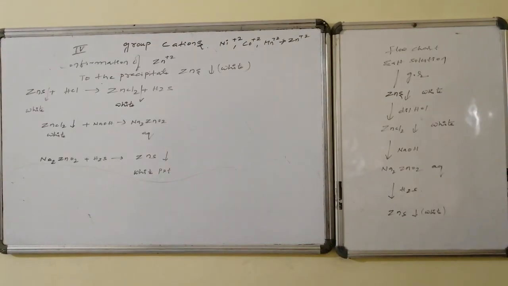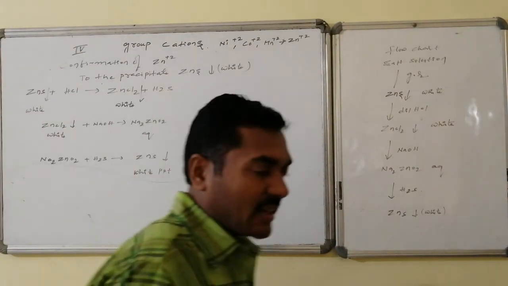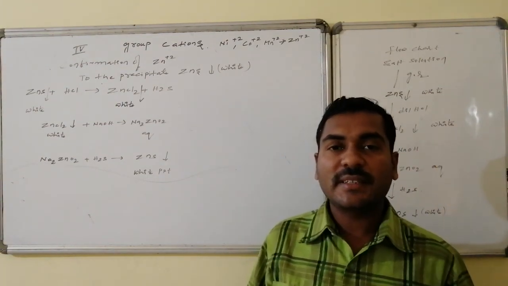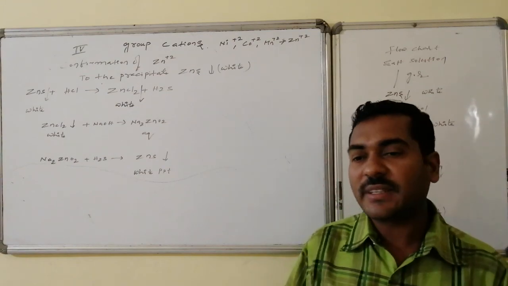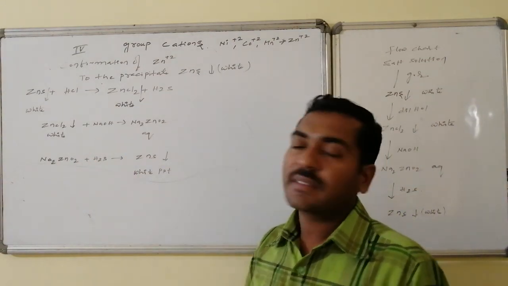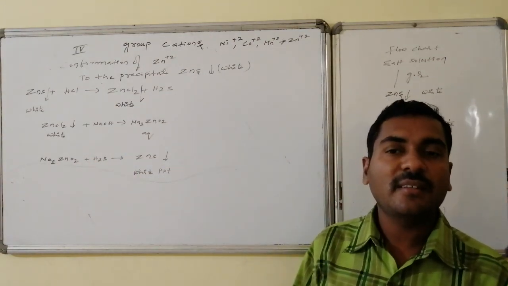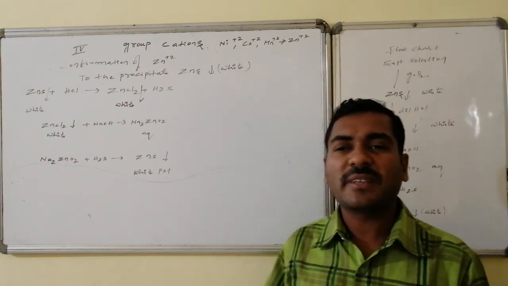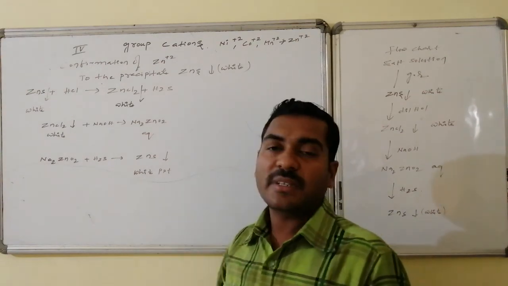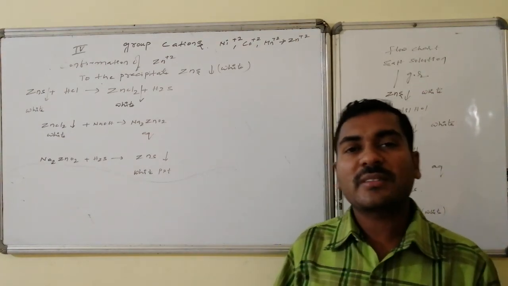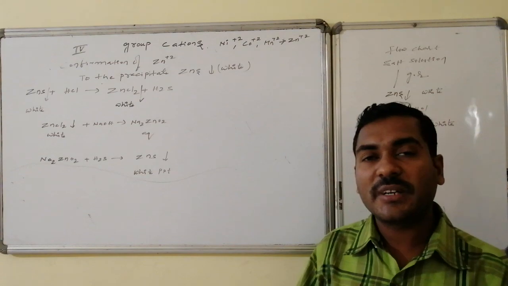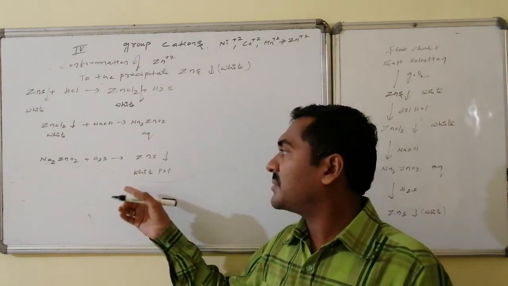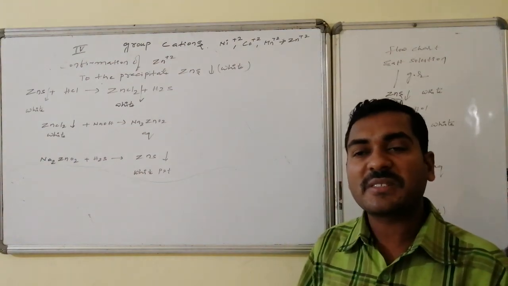Yes, zinc. The confirmation of zinc and the corresponding flowchart. On reaction with the group reagent, it is converted to zinc sulfide, a white color precipitate. This white zinc sulfide on reaction with HCl is converted to zinc chloride, which first of all forms a white precipitate. This white precipitate of zinc chloride on reaction with sodium hydroxide forms sodium zincate, Na2ZnO2, which is aqueous, that is soluble. This sodium zincate on reaction with H2S once again forms zinc sulfide.